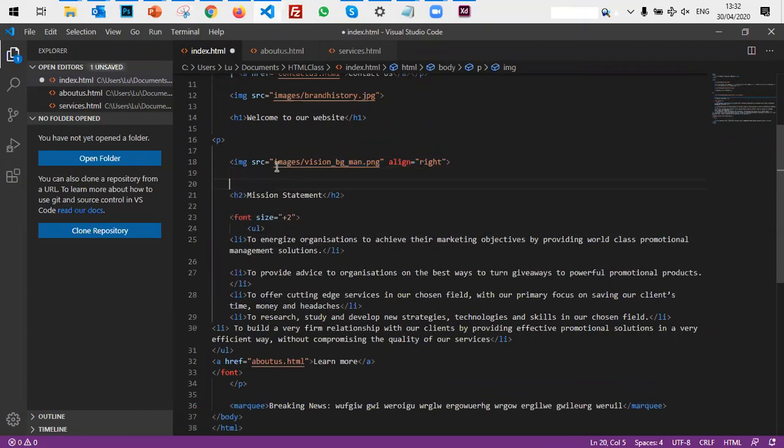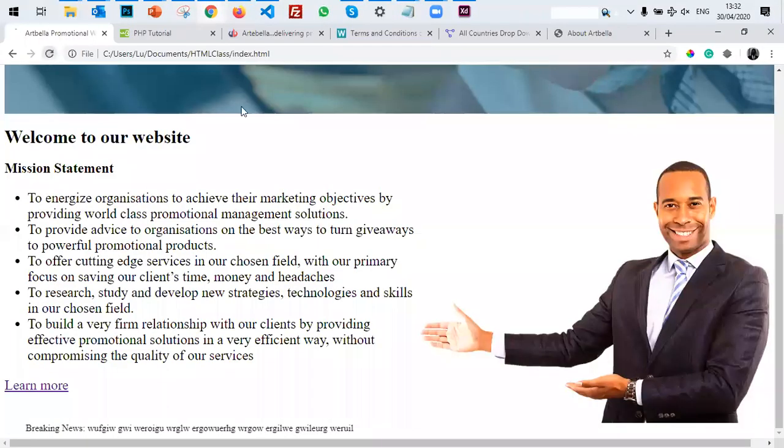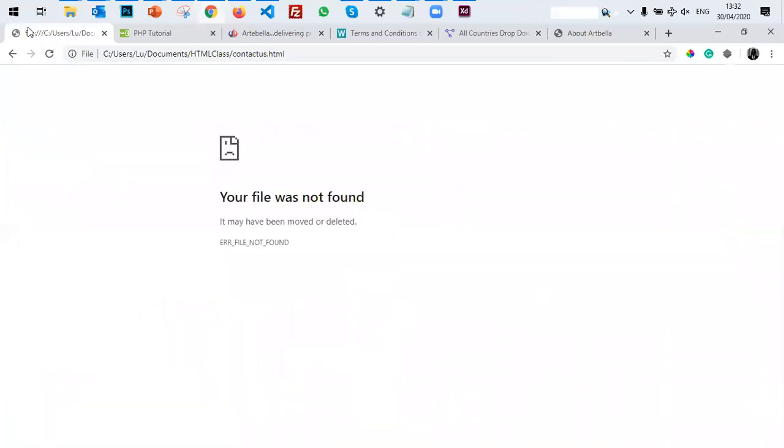So before and after the image, I will add my a tag href equals, I'll state where I want it to go, which is contactus.html. And I make sure that it closes at the end of the image. That way, this image is now clickable. So if I click on it, it takes me to contact us